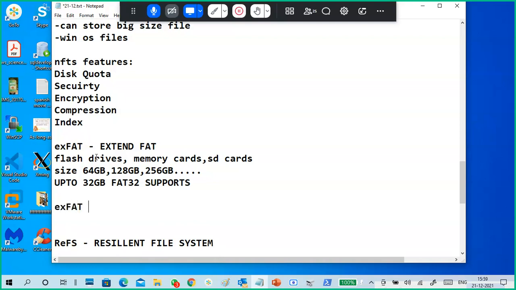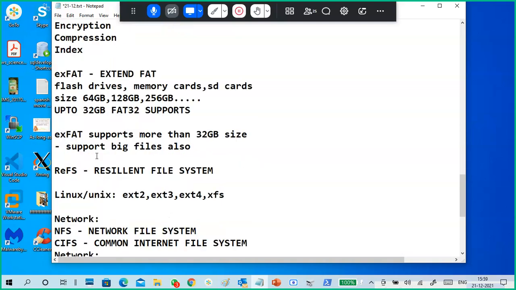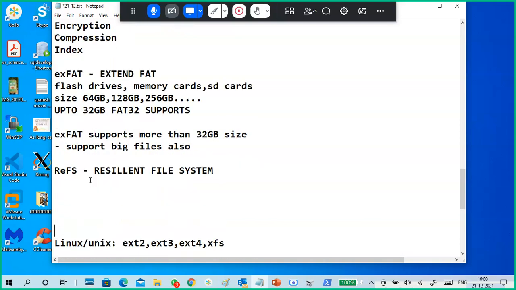But exFAT supports more than 32 GB size, and supports big files also. So that's why, for a memory card specifically, if you have a doubt, go to your mobile.